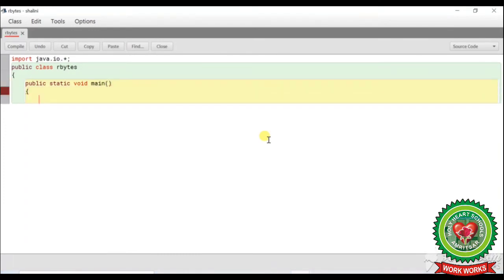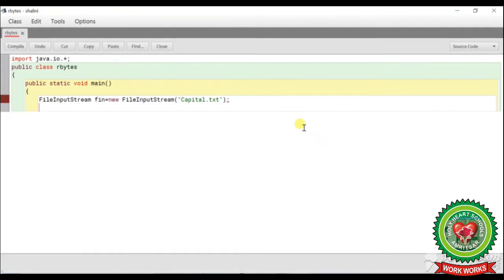Then I will write the class name, that is FileInputStream, because we are going to read the data from the file. I'm going to create its object named fin equals new FileInputStream, and in brackets I will write the name of my file on which I have written the data, that was capital.txt,